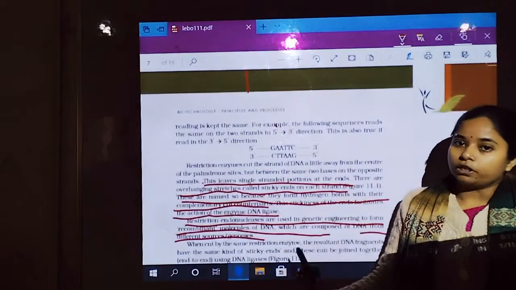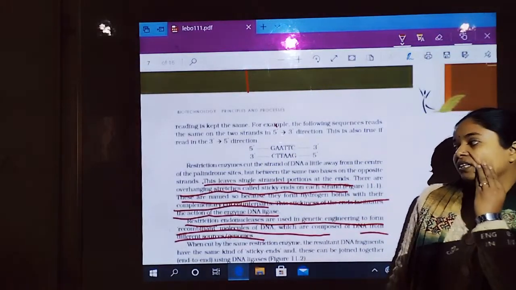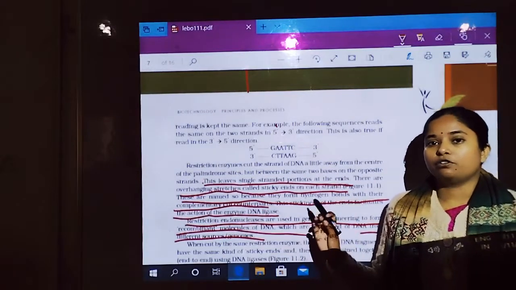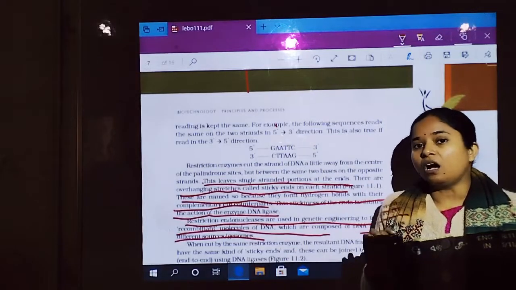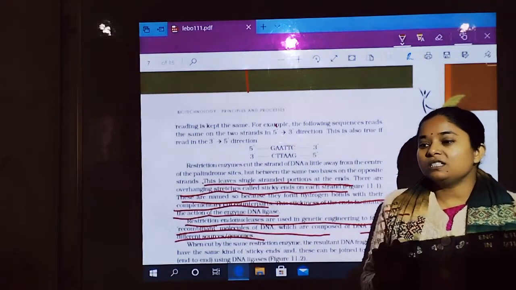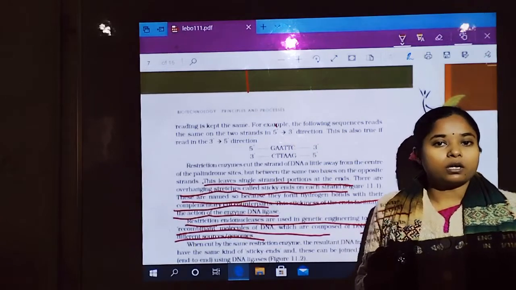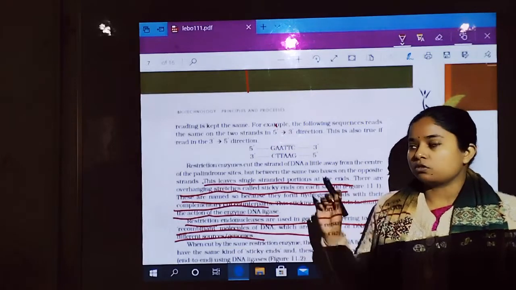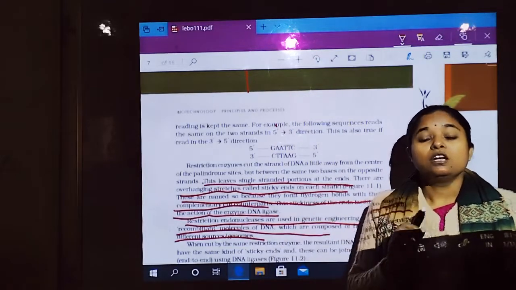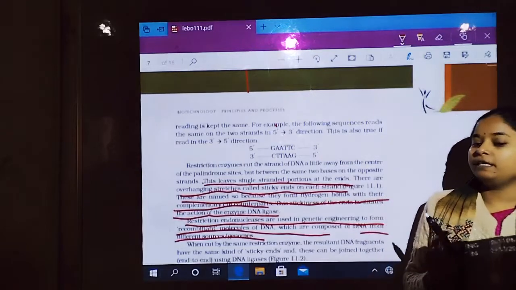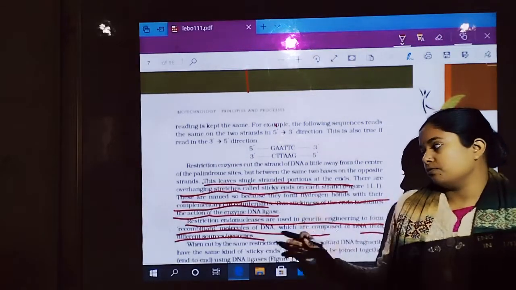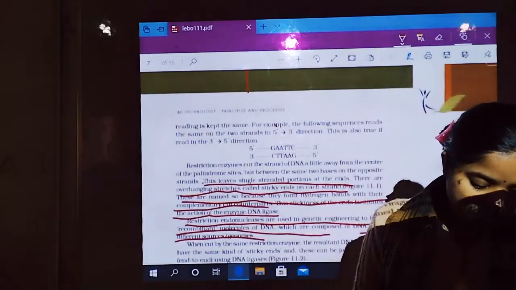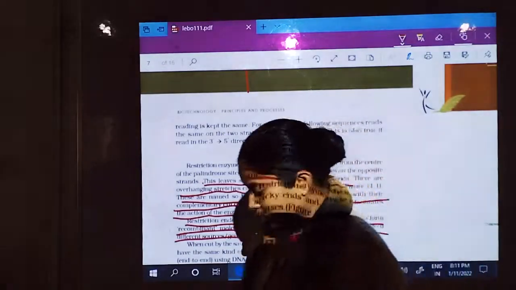So it is important to note how restriction endonuclease enzymes are important in the field of biotechnology, because in biotechnology we cause gene manipulation by using living organisms or different enzymes. That's why EcoRI, the restriction enzyme, is important for making recombinant DNA molecules. So this is the overall about the restriction enzyme, students. In the next class we will discuss the next topic, and thank you for listening and watching me.